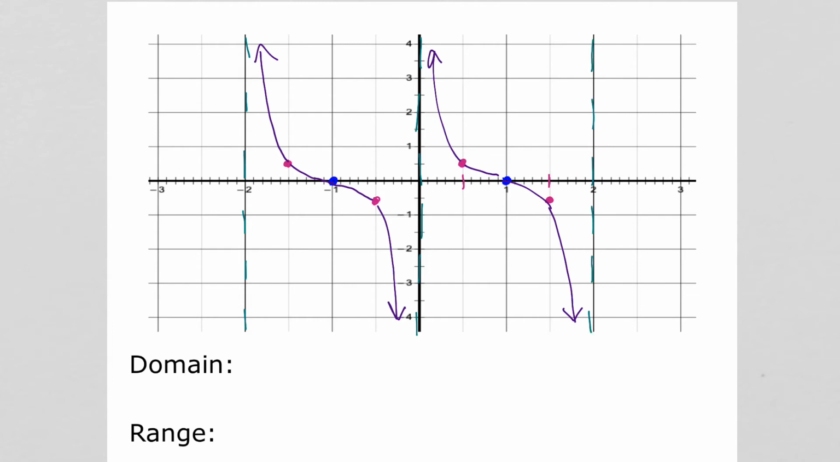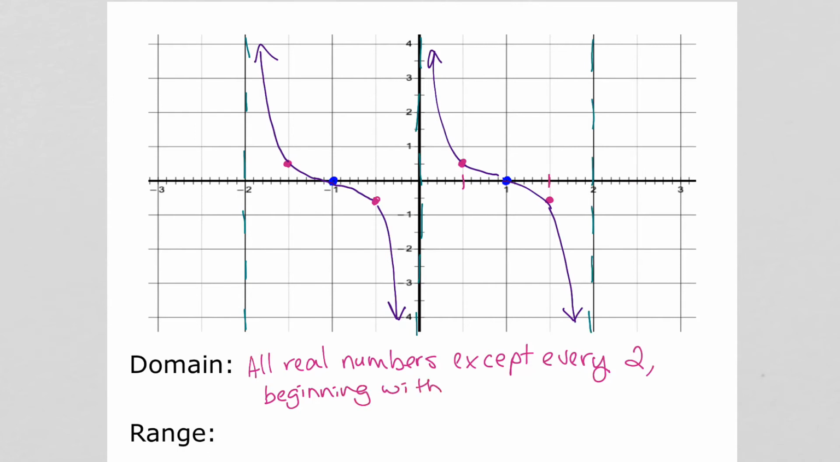The domain will be all real numbers, except every period, and the period is 2. Beginning with an asymptote, our first asymptote is, I'm going to just use x equals 0. And then the range, negative infinity to infinity. Now we're going to talk about